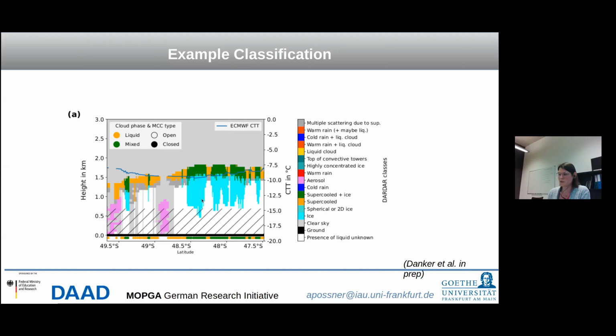So we can only really provide these types of estimates above 750 meters. Below that, we're impacted by what's called surface clutter, and we can't trust the retrieval. And as you can see here, we can categorize these clouds as a pure liquid cloud. This would be mixed phase clouds, again, followed by pure liquid, mixed phase, etc.